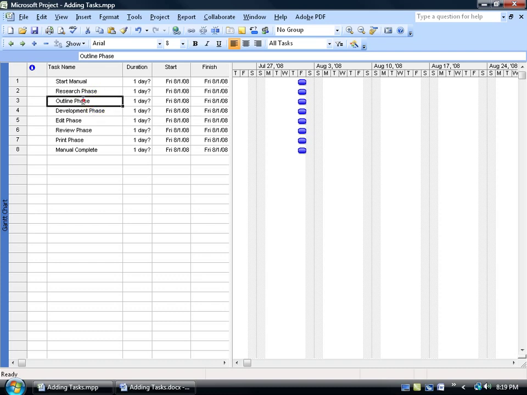For example, I've got a summary task I want to include below the research phase. All I have to do is select the task below and hit the insert key on the keyboard, and it'll push that task down and create a new task right below my research phase. Then I can go ahead and type in the new subtask, which is going to be